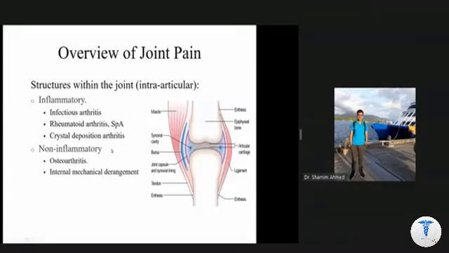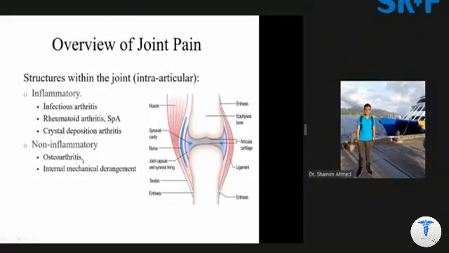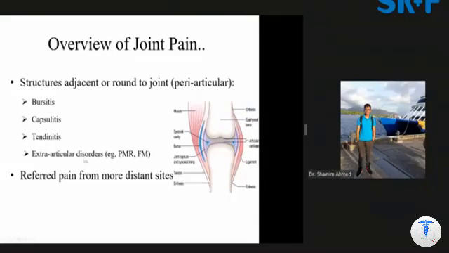Among the non-inflammatory conditions, the most common is osteoarthritis and also internal mechanical derangement. And due to periarticular structures, it may be pain due to bursitis, capsulitis, tendinitis, and extraarticular disorders like polymyalgia rheumatica and also fibromyalgia, and some systemic diseases like SLE and systemic sclerosis may also cause pain, as well as pain referred